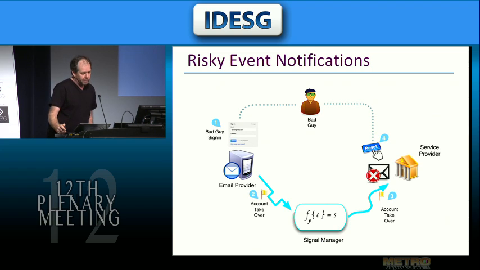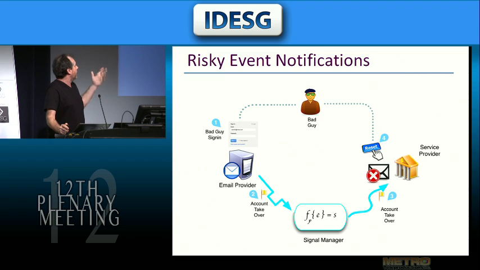So I'm going to look at a couple of use cases just to give you an indication. This is the one that we saw earlier. So here I have an email provider. It's been taken over by the bad guy. Service provider at the other end is about to get a password reset operation. And then what happens at some point, hopefully, is the email provider's risk analysis engines, which are actually pretty impressive, I can let you know from personal